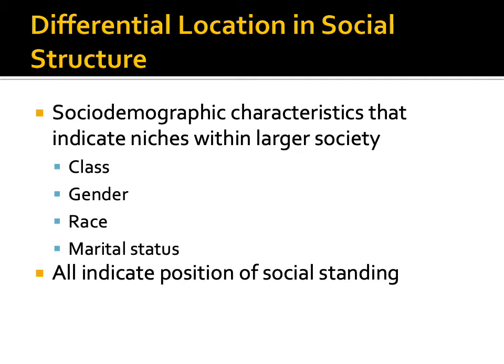So where you fit in society affects your social learning, which affects your deviance, right? So class, gender, race, marital status all indicate positions of social standing, right? Typically, if you're an upper class white male who's married, you've got a really good shot of being successful and probably not too terribly criminal, largely, right? Probabilistically. And that's because you might have access to better things. You might have access to better people with better connections, right? And so you associate with different people. You have different definitions of what's acceptable or not, right?